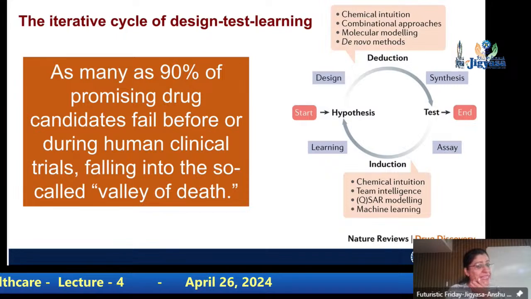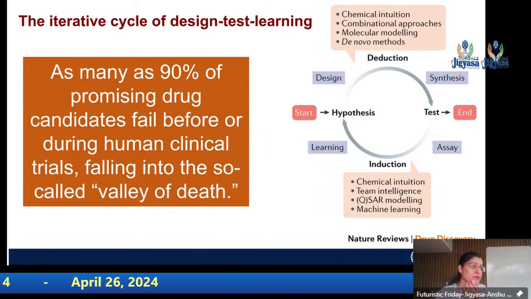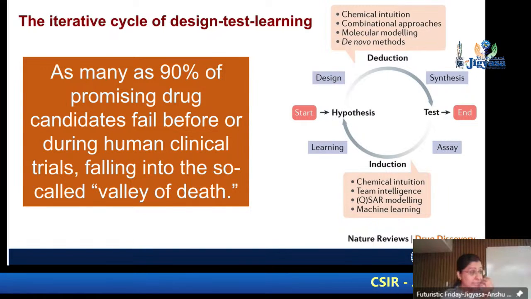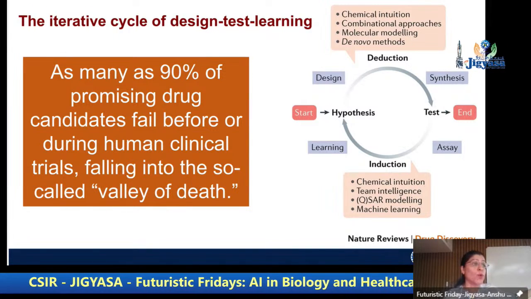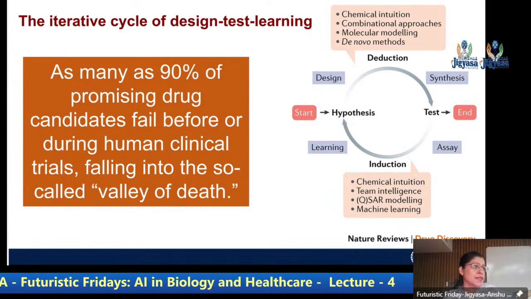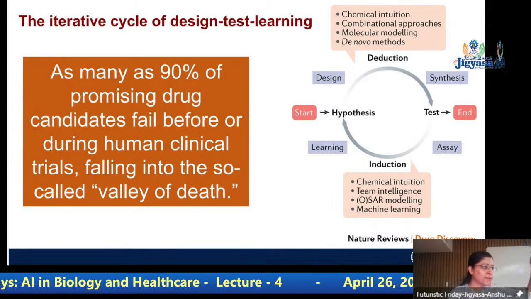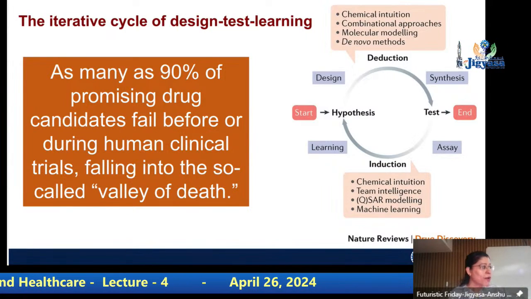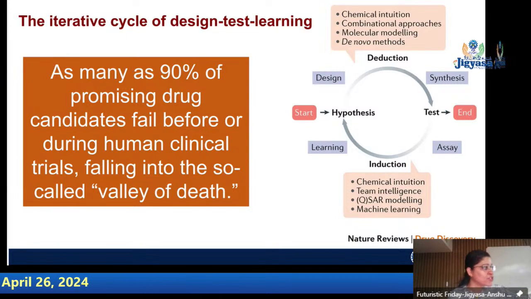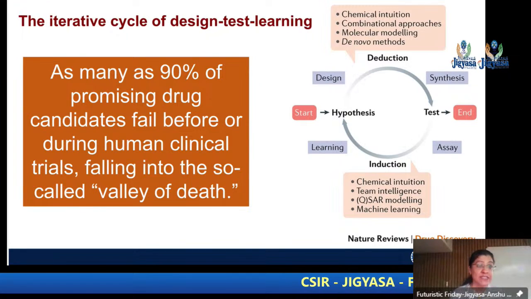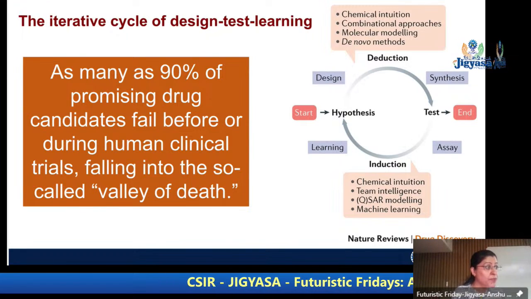But one has to remember, these are all early stage drug discovery projects. Still now, 90% of promising drug candidates fail when we test them in humans. Why? Because we are doing an experiment in a petri dish, or in a mouse, or in a dog. Neither that petri dish, nor mice, nor a dog is a human being. So obviously their biology and our biology are different.